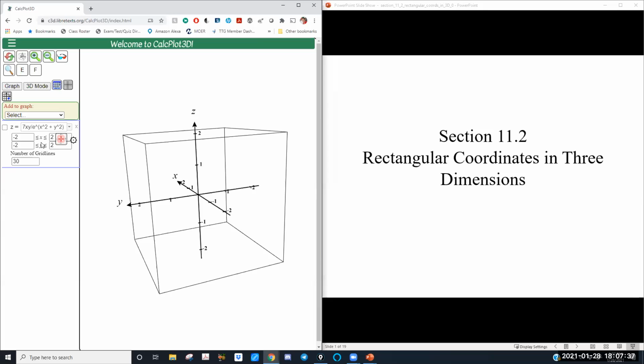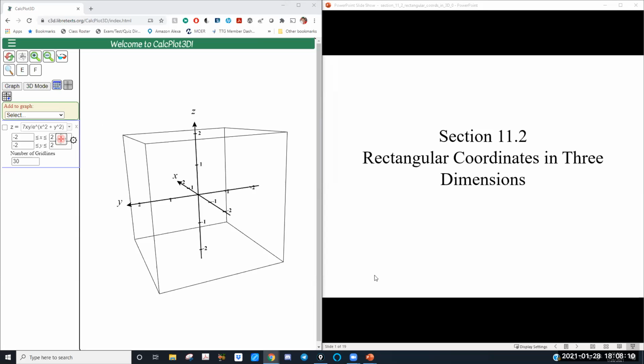Okay, so this 3D plotter. My goal for this second part of class is to get you at least a little bit familiar with it because it's the one that I recommend. It's free. If you find another one that you like better, you are more than welcome to use it. If you like using things like Maple or even MATLAB, you can use that. But this will be the one that I'll use. There's videos, and these are going to be the ones that the videos in the class refer to.